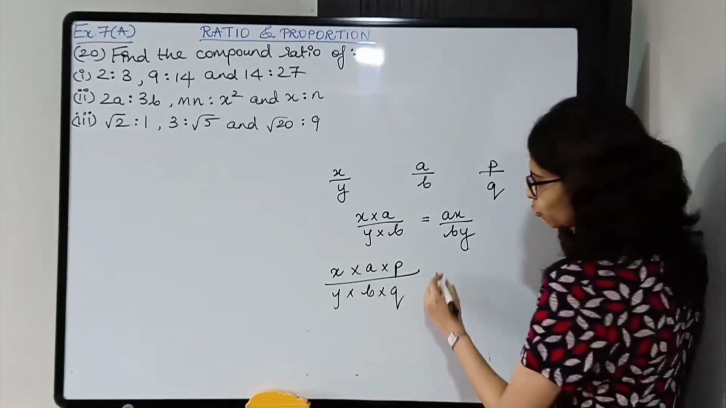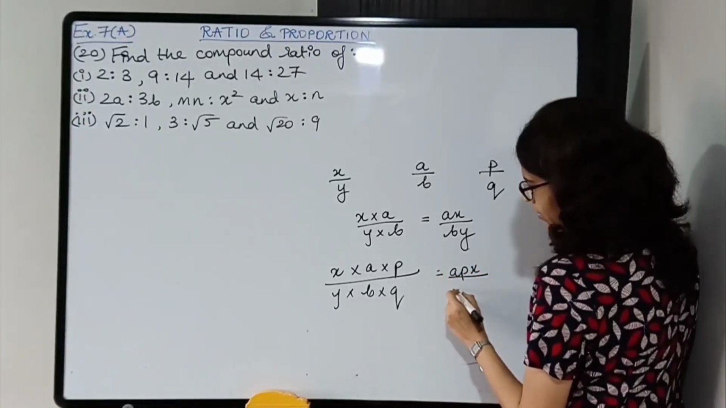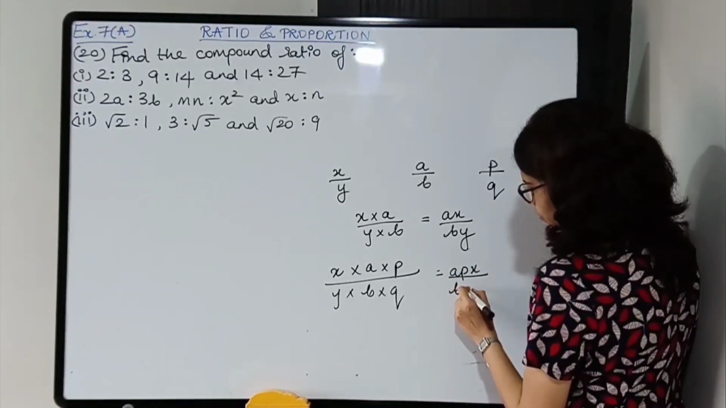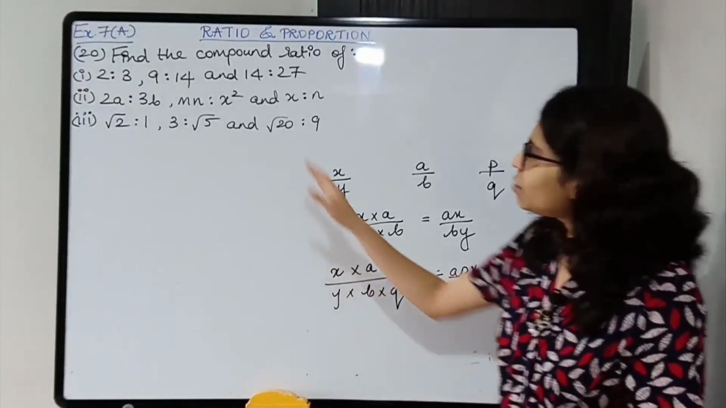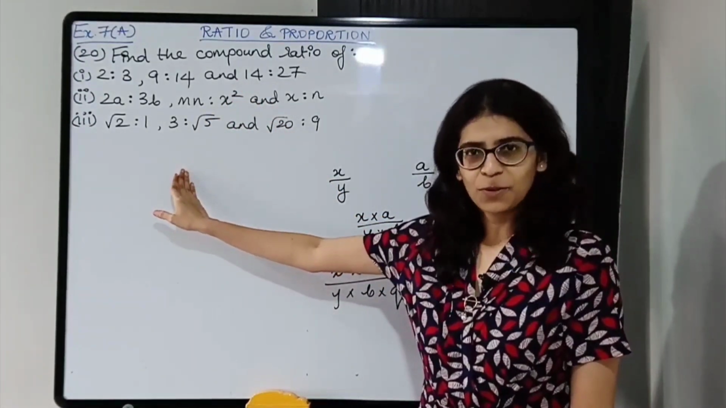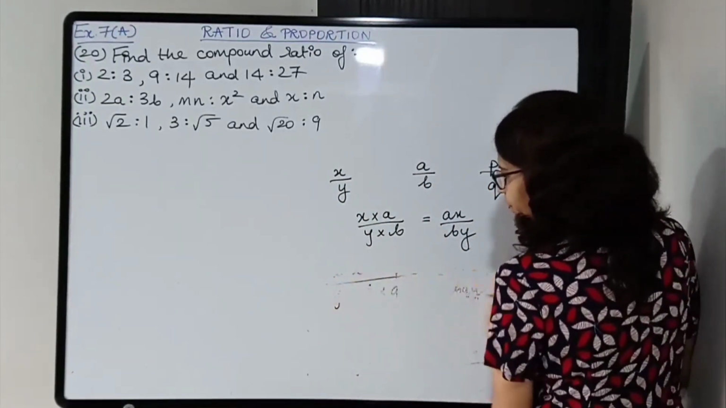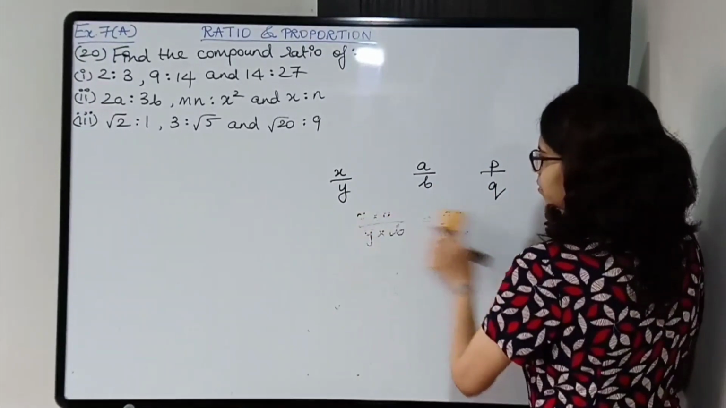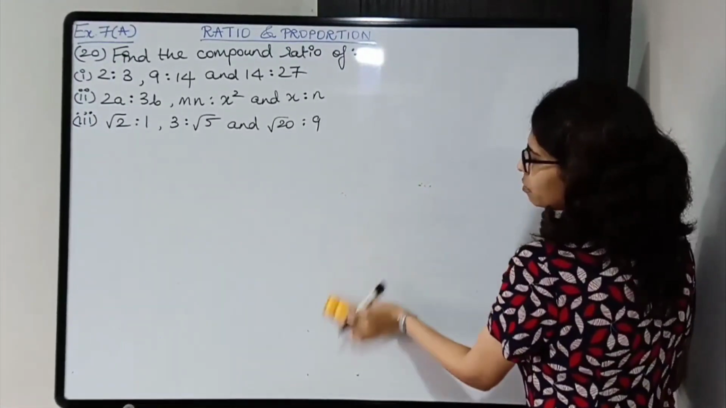Okay, so final ratio will be a p x and b q y. Okay, so same thing you have to do for all three. Okay, so it's very easy. I'll directly start with the solutions. So starting with the first part of the question,